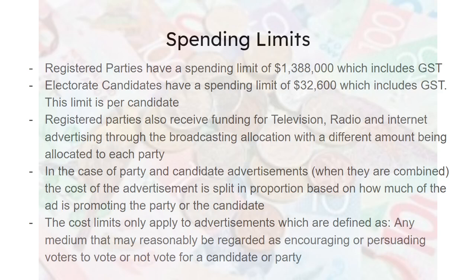So, for example, you had a billboard where 70% of it was used for the candidate, with his face saying vote for this guy. The bottom 30% is just used saying vote for, say, ACT or the Greens, Labour, whoever it is. That would be split 70-30, with the party limit choosing 30% of it, and the candidate limit choosing 70% of it,